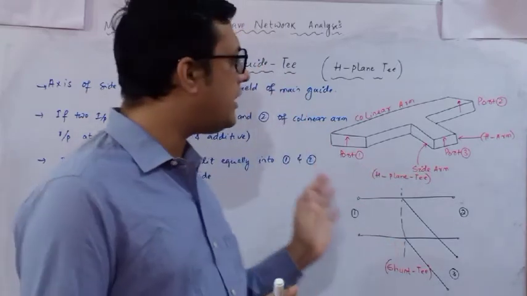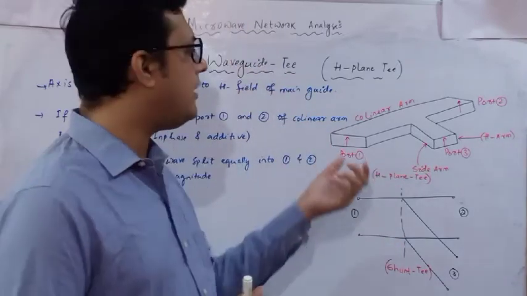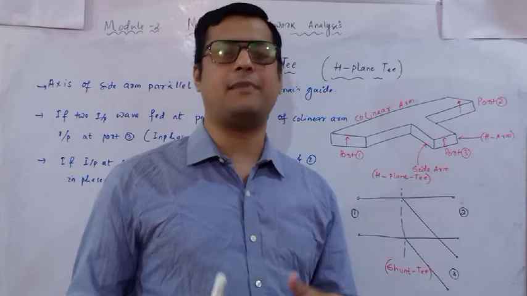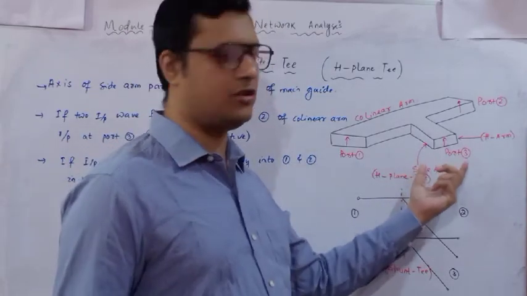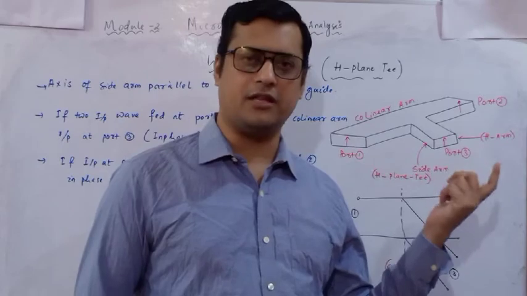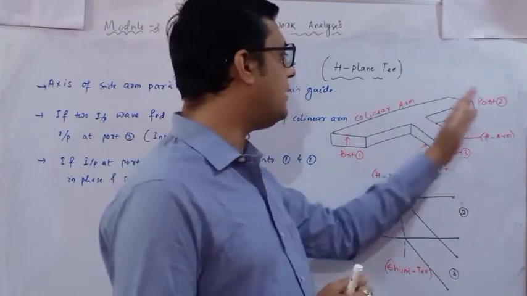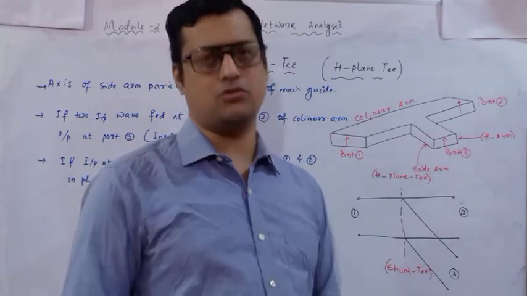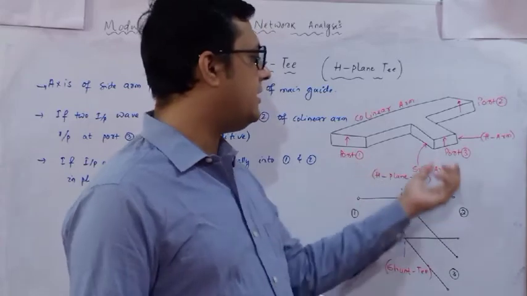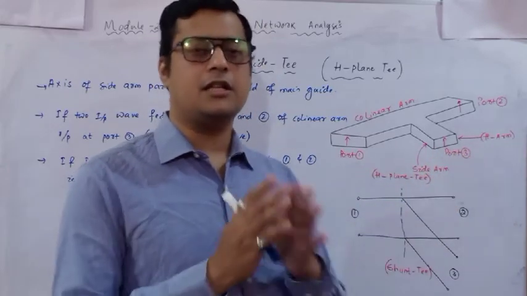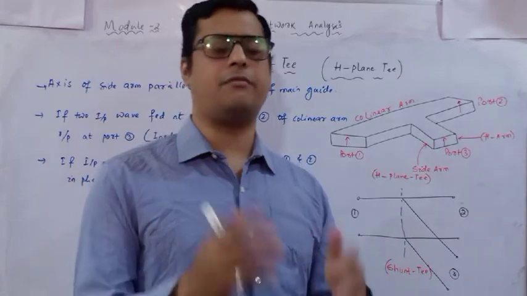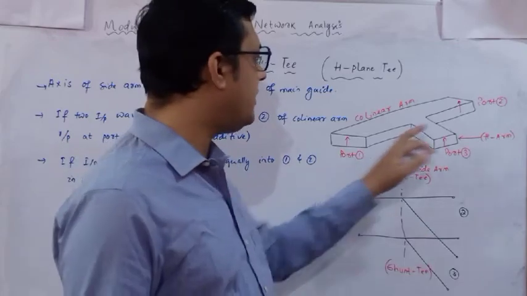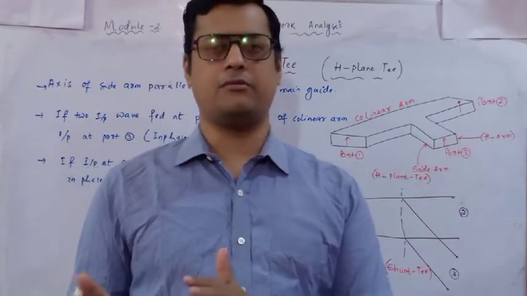But when we are dealing with the H-plane, if you feed the power at port 1 and port 2 in phase and with the same magnitude, that means the maximum output is obtained at port 3. Maximum output obtained at port 3 means the additive values. So P1 plus P2 must be equal to P3, and it is in phase with respect to these two ports. Now similarly, when I feed the power at port 3, the power will split equally. Suppose I am providing 10 watts of power, then the resultant output at port 1 and port 2 will be 5 watts in phase.